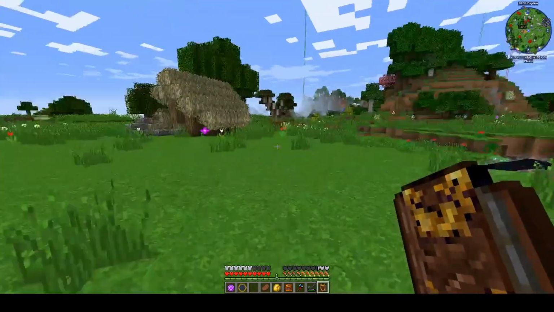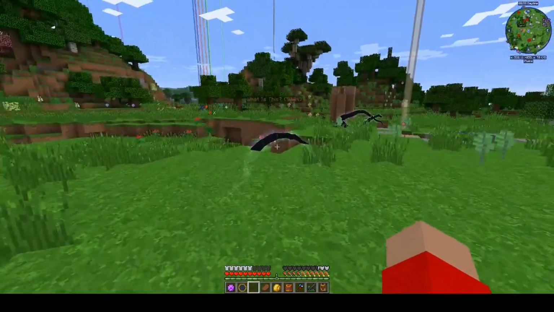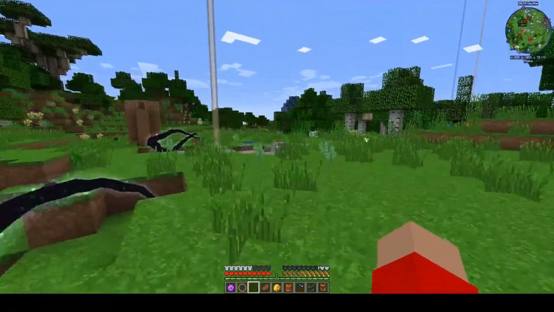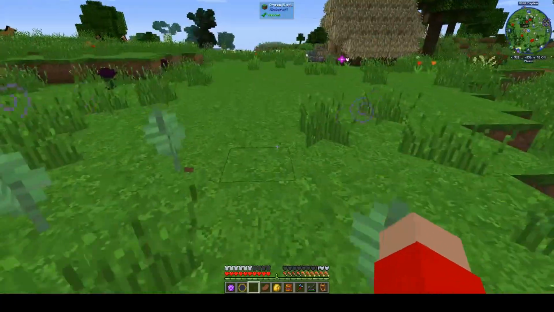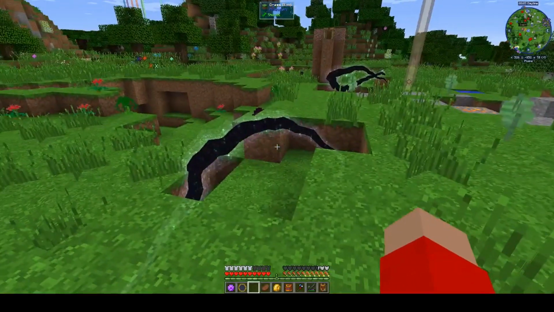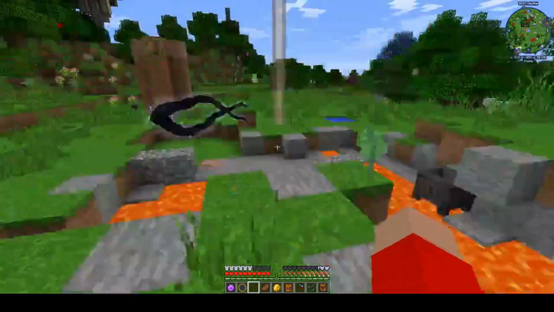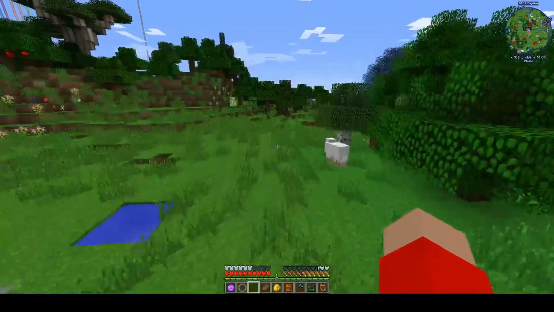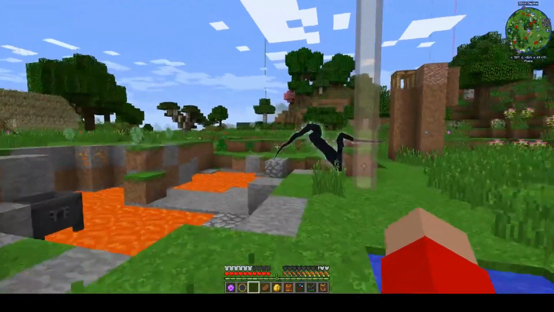And again, this is kind of just a major roadblock because you can't efficiently do the infusion unless you have a good way of getting Essentia. And for that, you need the tubes. And for that, you need some Vicious. And for that, you need Taint. And the Taint...